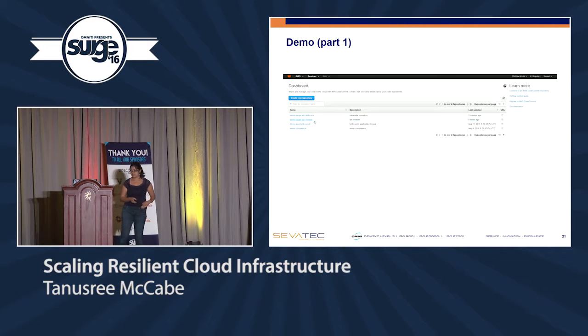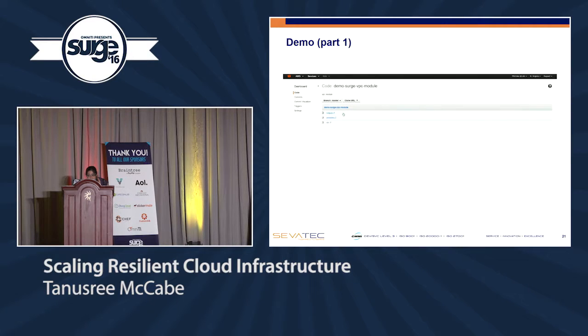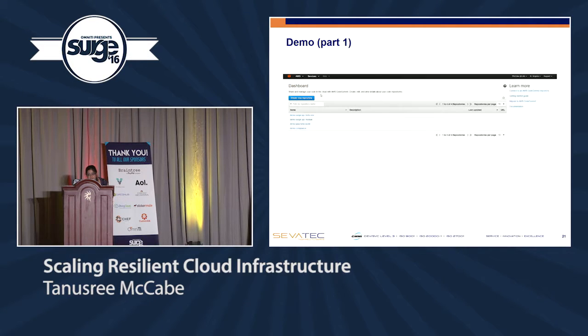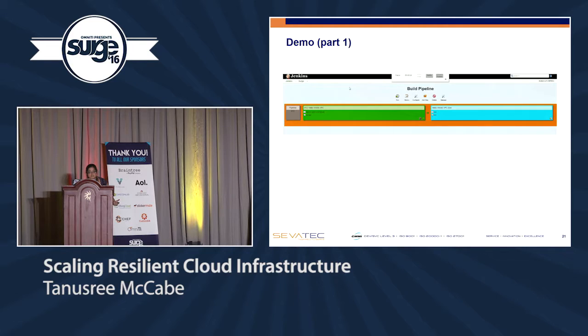All right, so just a quick demonstration of what I'm talking about. This is a basic pipeline for infrastructure as code. My infrastructure here happens to be using Terraform. So this is a Terraform module for creating a VPC with a number of VPC components. This is another repository, which is basically having the metadata for that particular VPC. So in this case, very lightweight. I'm using Jenkins here for orchestration, and this is a very simple pipeline.